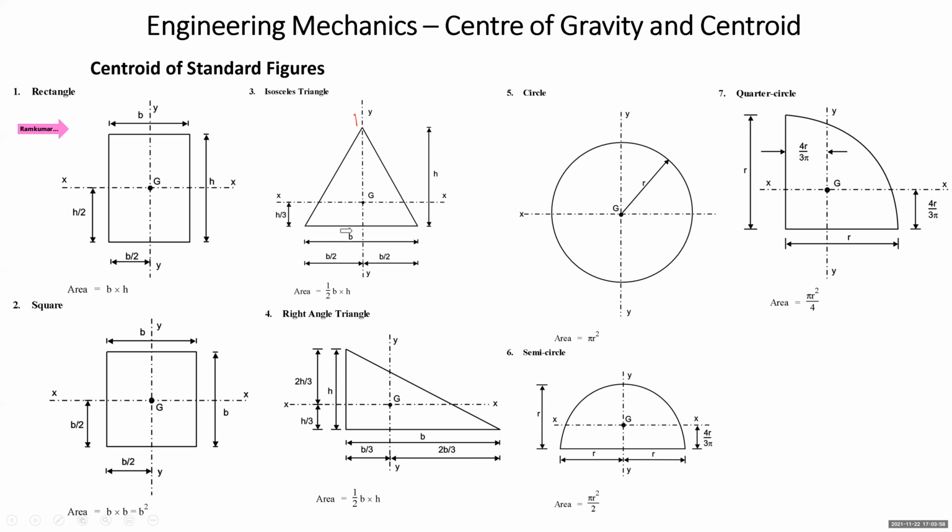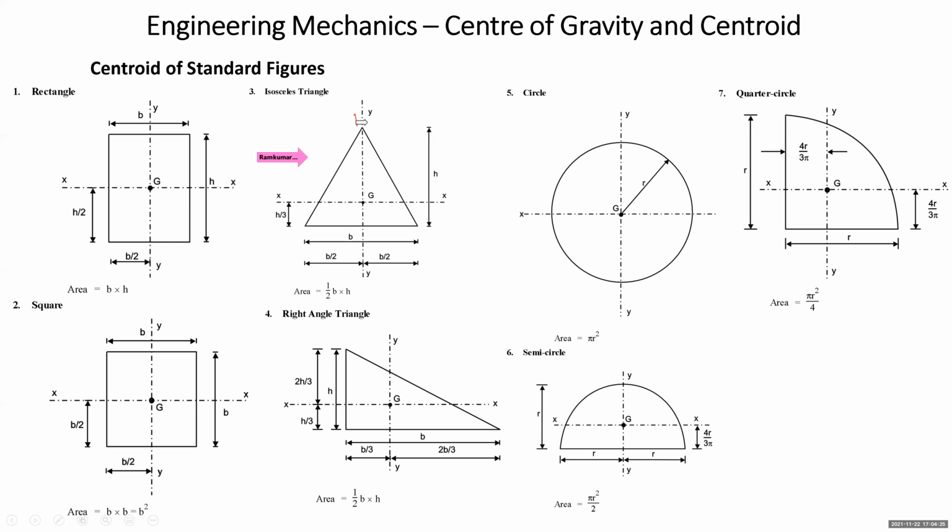But we apply this property only on the base which is horizontal or which is vertical. I mean, you'll never apply this property on the slant base. Why will you not apply it on a slant base? Because we are going to work in a rectangular coordinate system. In rectangular coordinate system, you will be reading the coordinates in x and y directions. So use of this property will be only when you are applying it on the base which is horizontal or which is vertical. So one of the standard figures is isosceles triangle.